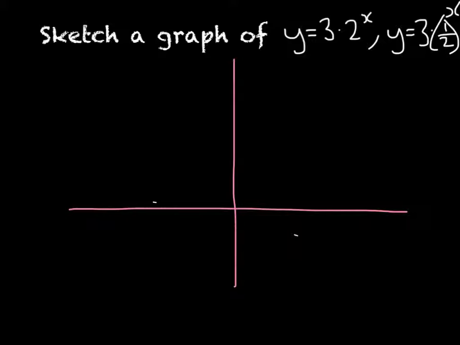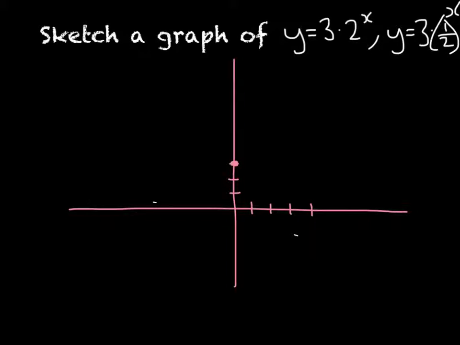Our first one, we know that both of them have an a equals 3. So when we plug in x equals 0, what we end up with is 3 times 2 to the 0, or 3 times 1/2 to the 0, and in either case we end up with just 3. So we can draw a point here. Now, our first graph, y equals 3 times 2 to the x,